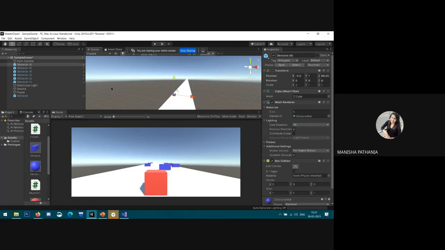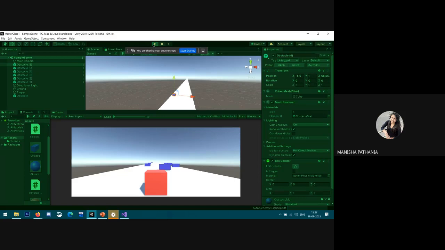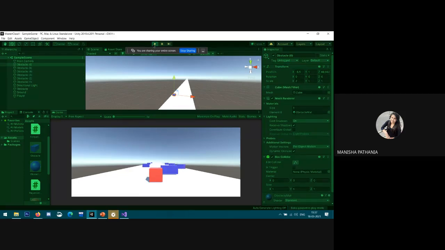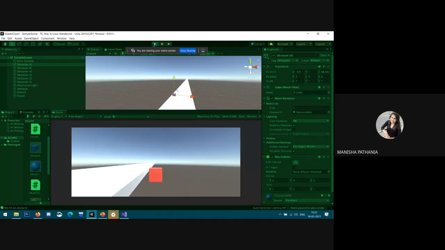Okay. So see, when we're moving right and the left, it feels very non-responsive. That is because when we add a force to an object over time, it slowly builds up momentum, right? So when we then change the direction, we have to wait for the object to build up enough force to do so. So that is where force modes come in.